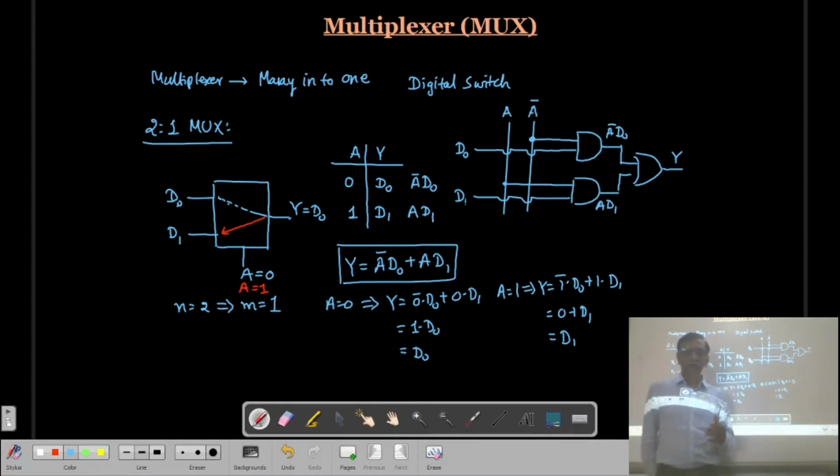Now let us see what a 4-to-1 multiplexer is, and then we will generalize the expression.